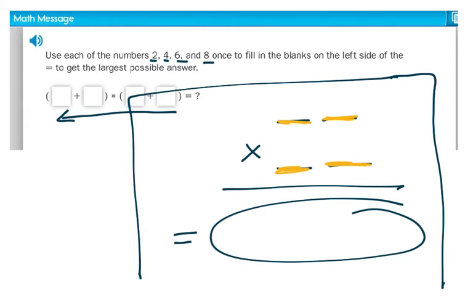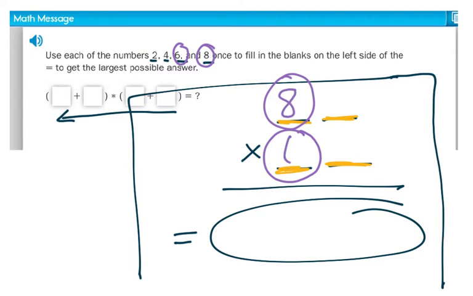Well, the 2 most powerful places would be the tens place in each of these numbers. So the 2 largest numbers are 6 and 8. So I want to put those here and then put my 2 smaller numbers here. And let me show you why. In this case, I'm just going to use my calculator, and then we'll work on multiplication in just a little bit. So let's imagine I took 82 times 64. The answer would be